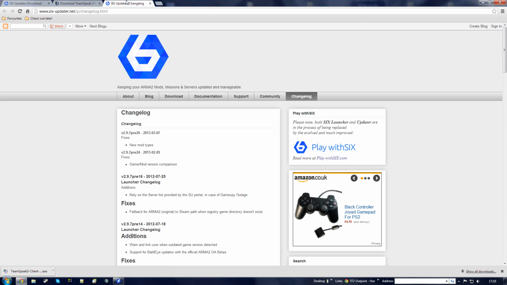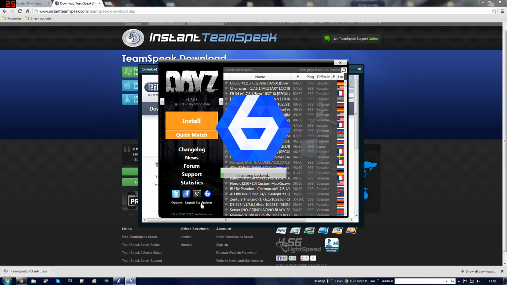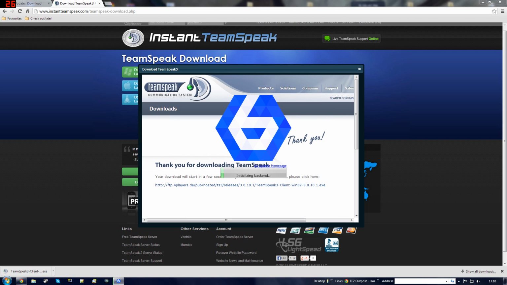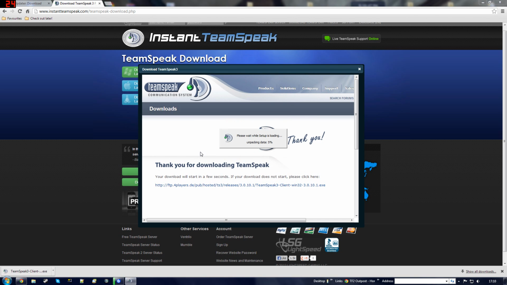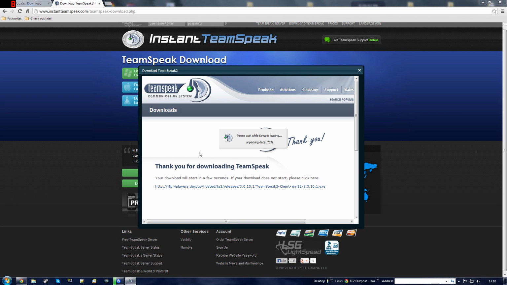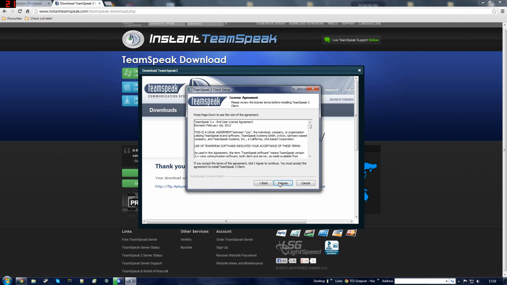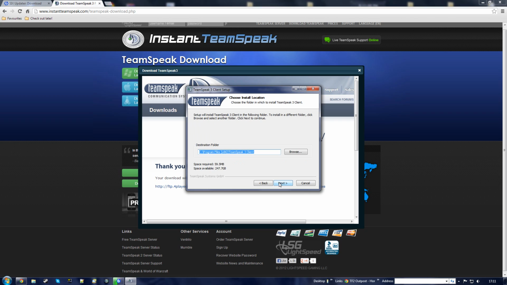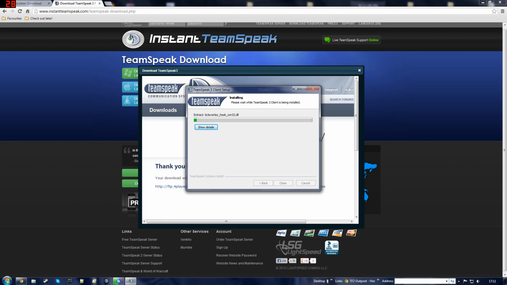Just ignore all of that. What we want to install ACRE is the Six Updater, which is down there. So we just click on that, and that will start up the Six Updater. We can close the 6 launcher for the time being, and we can also start installing Teamspeak. Now that that's installing,